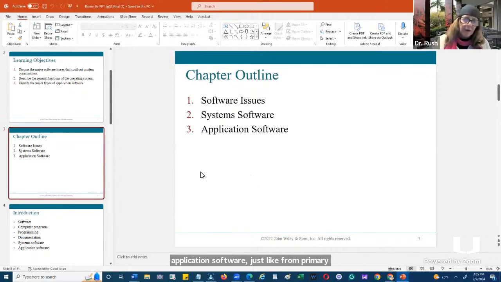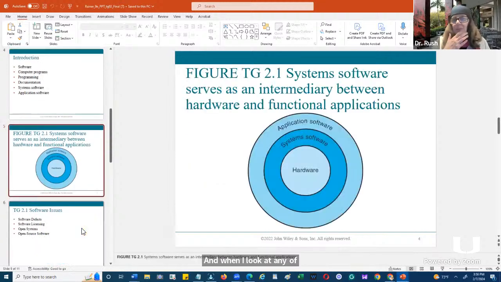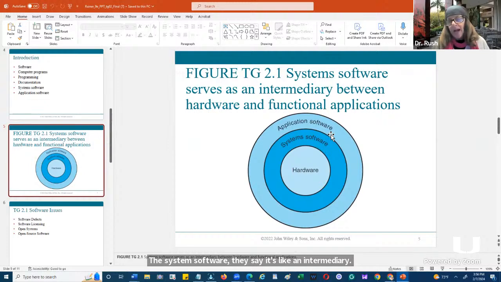When I look at any of that system software, I basically see it in the center here. The system software is like an intermediary. It resides between my application software and my hardware. So when I buy hardware, when I buy a laptop or I buy my phone, in this case,